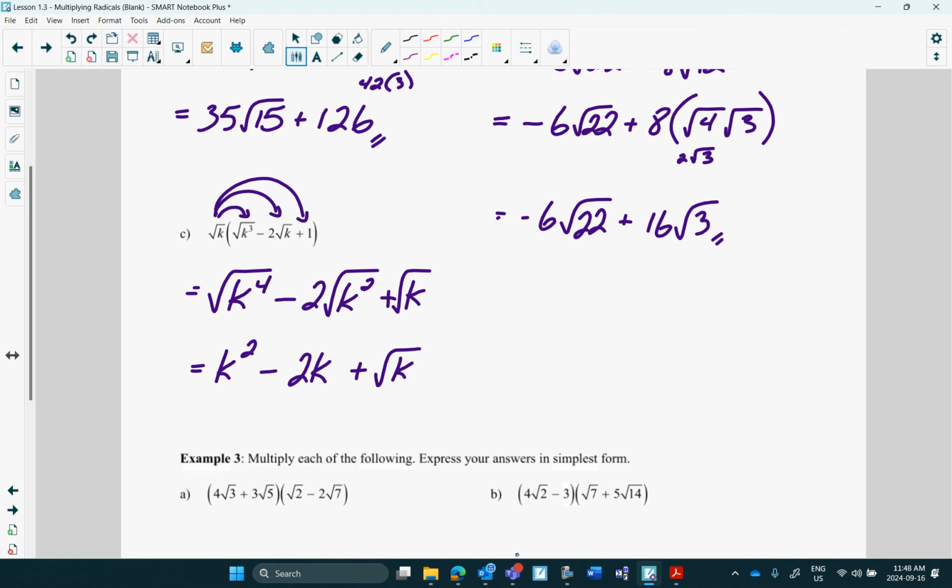And of course, you always want to check for like terms, but usually after you're doing the multiplying and simplifying of these, there's no like terms. Okay. So I'm going to stop there, and you can see sort of what happens next as we start getting into more multiplications. But let's make sure that we're comfortable with multiplying monomials together and monomials by binomials before we start moving on to these. Okay, so